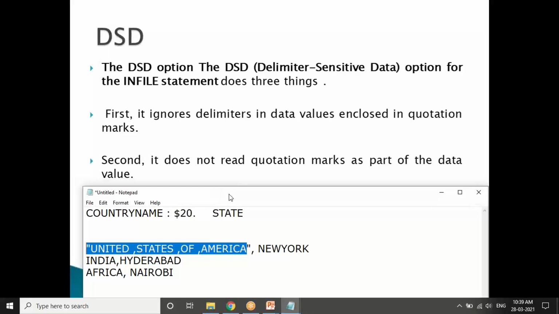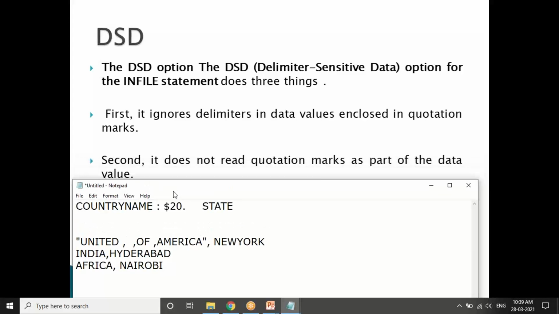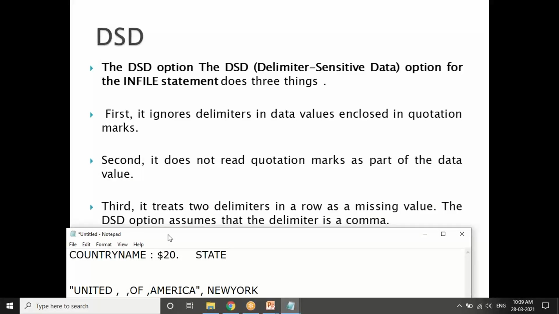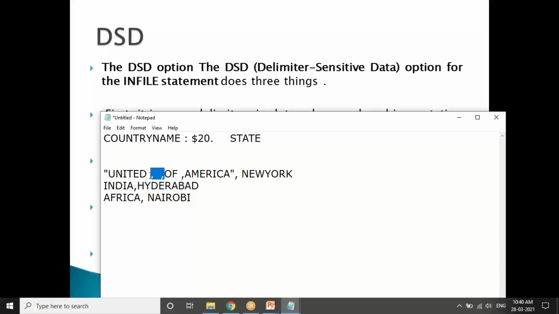The third thing is, let's assume I have some data missing in between. The third point here is, it treats two delimiters in a row as a missing value, which means wherever it finds two consecutive delimiters, any value missing in between is considered by default as missing by DSD.